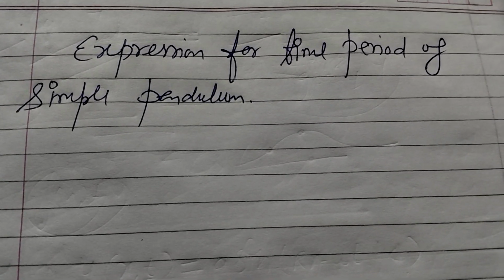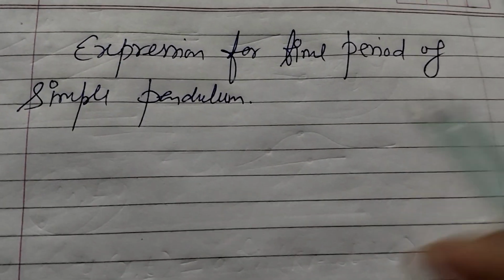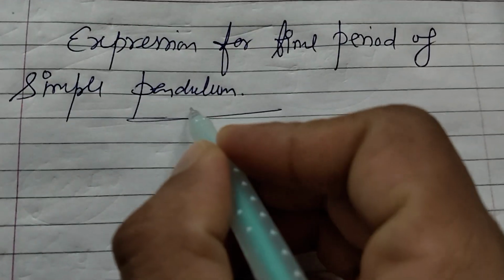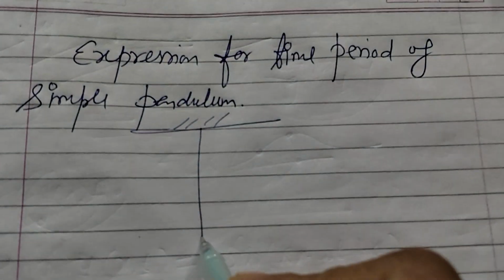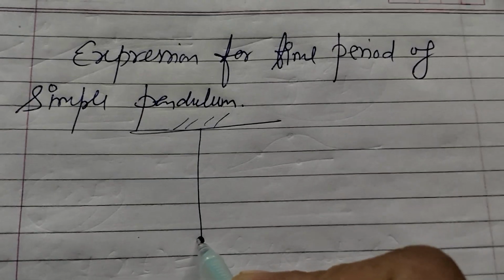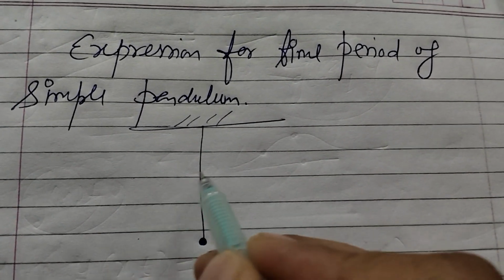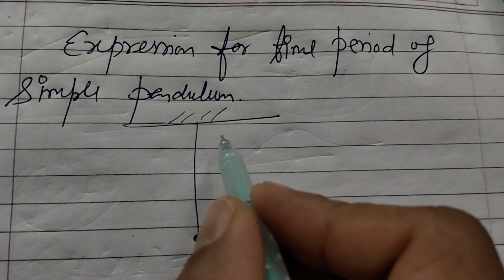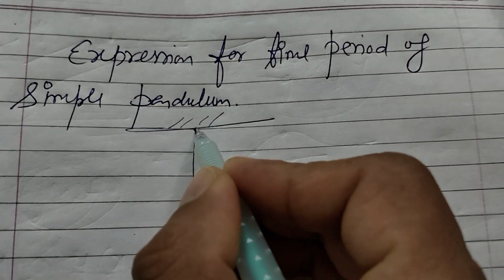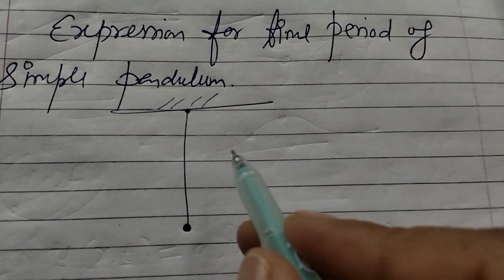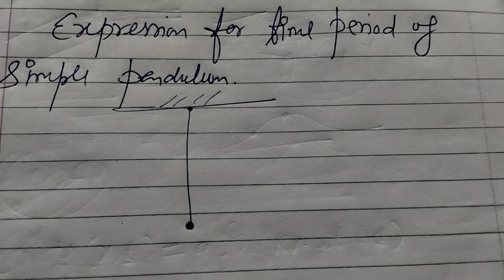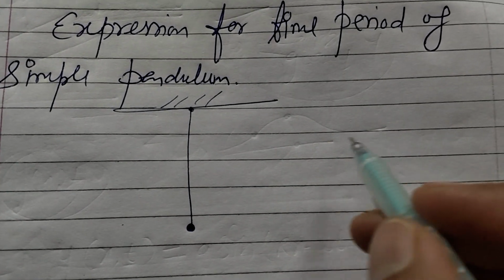So here I'm going to discuss or derive the expression for the time period of a simple pendulum. Basically, this is a simple pendulum. This is the bob, and that string is inextensible and light, or massless. This pendulum is suspended from this rigid support. And we have to find the time period of its oscillation, and we are assuming that it is